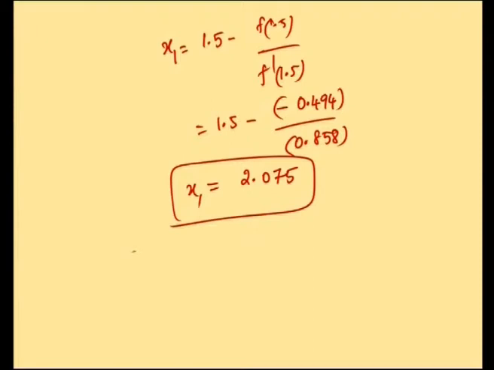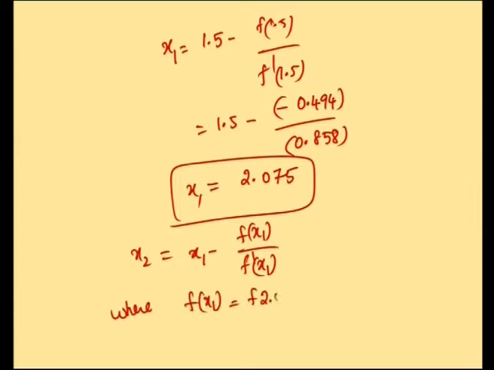Then find x2. x2 is equal to x1 minus f of x1 divided by f dash of x1, where f of x1 is f of 2.075, which is 2.075 minus 2 times the sine of 2.075,